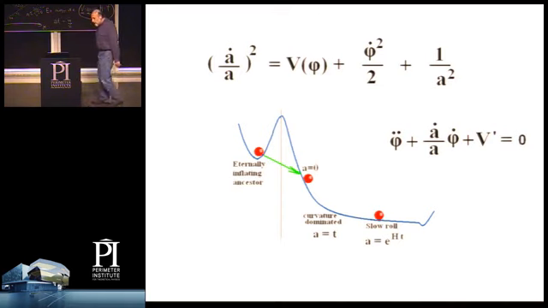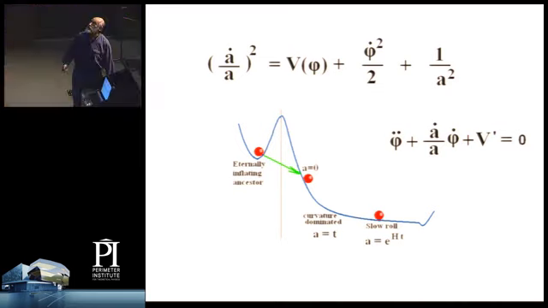Now, here are the equations for a negatively curved, or for that matter, this is actually for negative curvature. This is the negative curvature term over here. This is the basic FRW equations. Everybody's familiar with them. This phi might be the inflaton. Here's the kinetic energy of the inflaton, never particularly important in anything I'll have to say. Here's the curvature term, negative curvature. That's the plus sign here. And of course, here's the potential, the inflaton potential, which may look something like that.